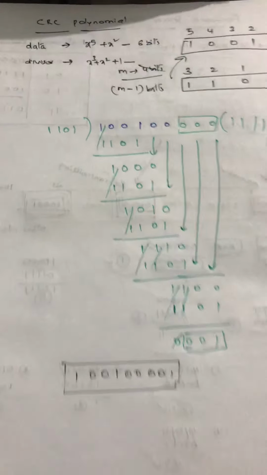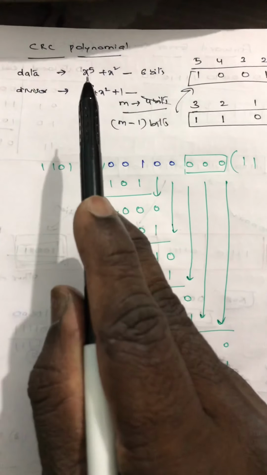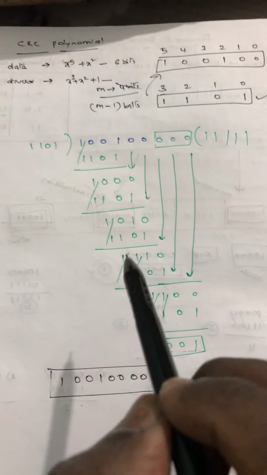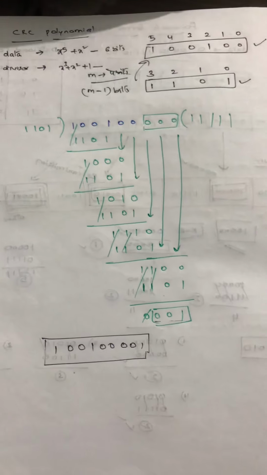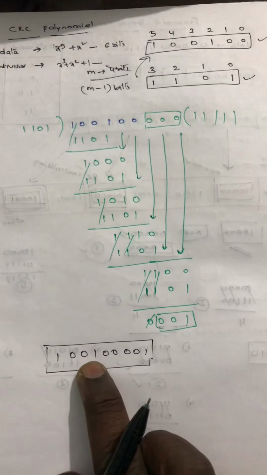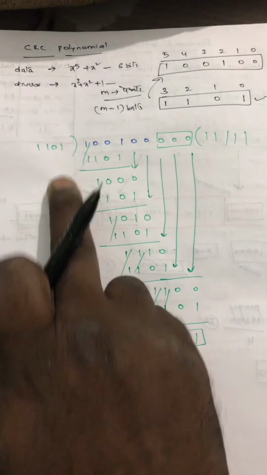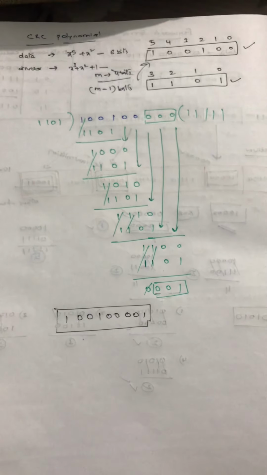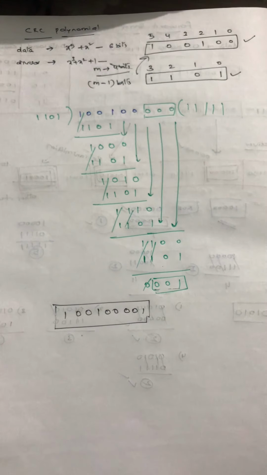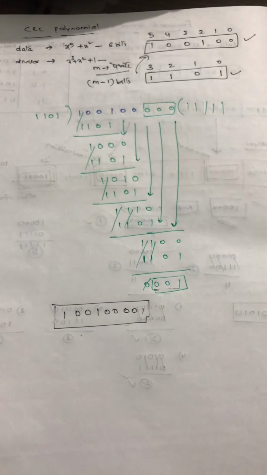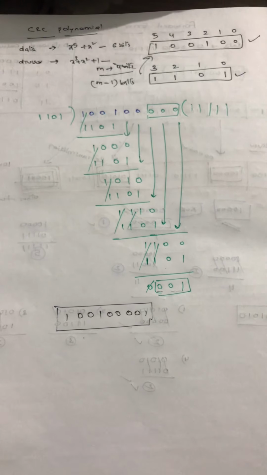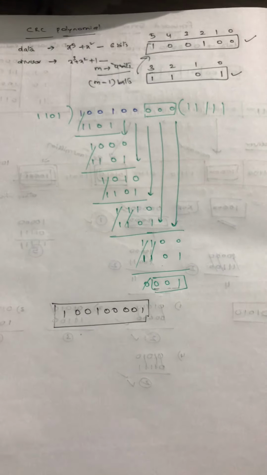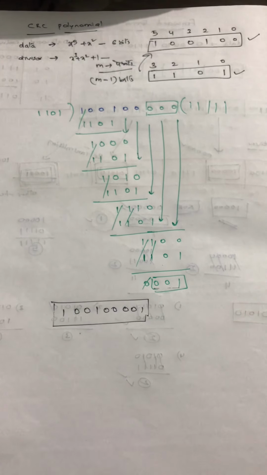To understand that, I am mentioning it one more time. If you have any kind of polynomial value, you have to bring it to the binary value and then perform the division operation. On the other side, it is pretty simple. If you divide this with the divisor again, and you receive the remainder 0, that means your data has been transmitted successfully. If you receive any bit value other than 0, then it states that your data became corrupted during the transmission. I hope you understood. Let's meet up with a new topic again.